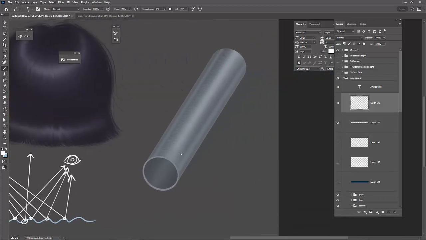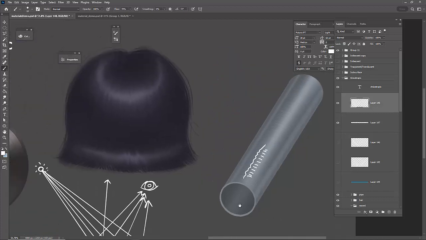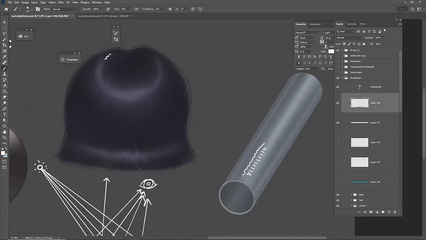Well, that's the microscopic level. Look at this pipe right here, and basically what we're seeing is a bunch of highlights over and over and over again. This is that lumpy surface, groovy surface, let's call it. So same thing here. If I'm just following the contours of each one of these grooves, even though the light, say, is just straight above,